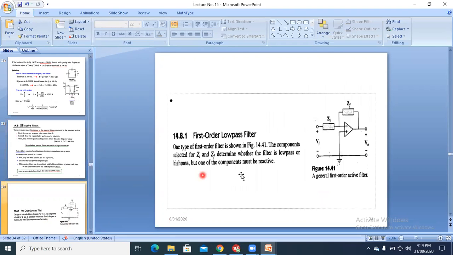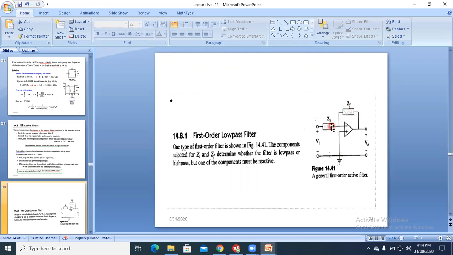So the replacement of this RC type filter is the first order low pass filter. Actually, we recognize these filters by the order or the number of taps we have in the circuit. So this in fact is the first order circuit, and this is the non-inverting. This in fact is the inverting op-amp with a gain of minus Vf by Vi.